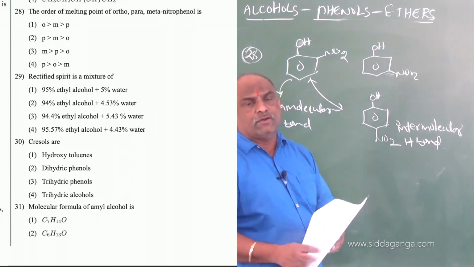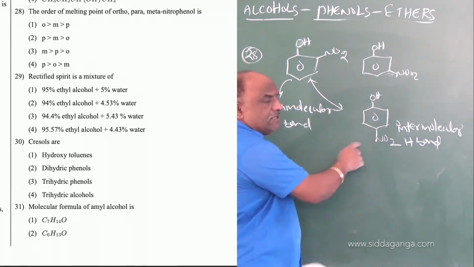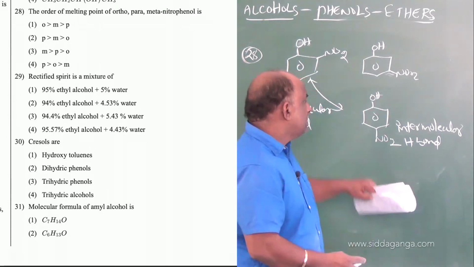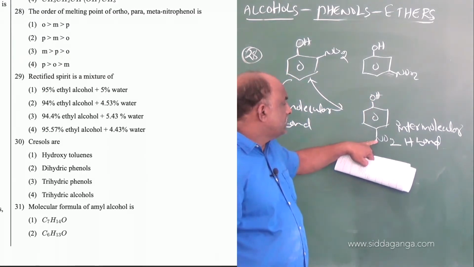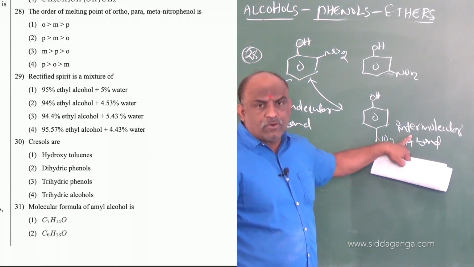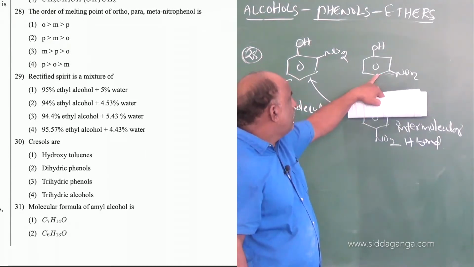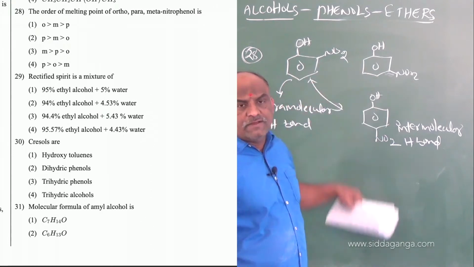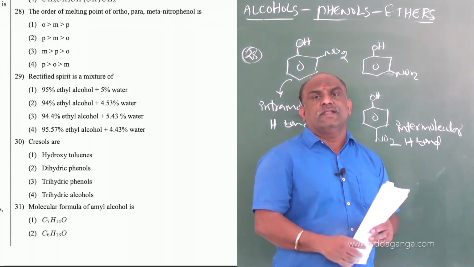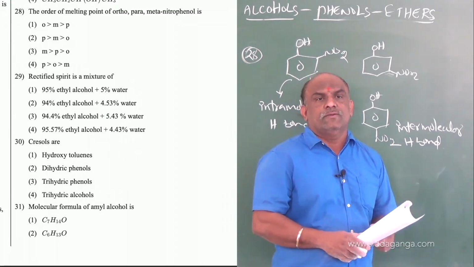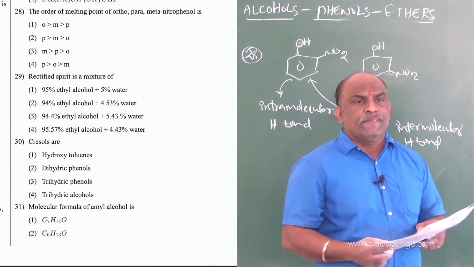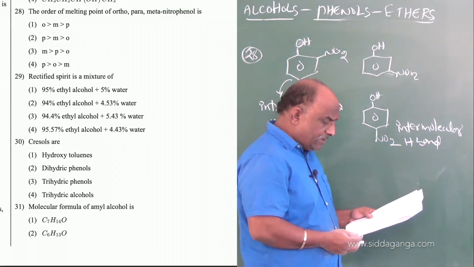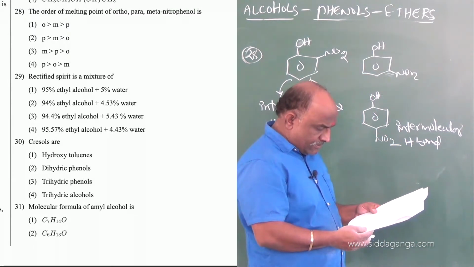Once you observe paranitrophenol, the shape of the molecule is a symmetrical structure, so it has more occupancy. Para isomers are symmetrical structures with more occupancy. Due to that reason, the melting point is more for para, followed by meta, followed by ortho. Ortho is very low because of the formation of what type of bonding? Intramolecular hydrogen bonding. So option number 2, para greater than meta greater than ortho, is the right option for question number 28, followed by question number